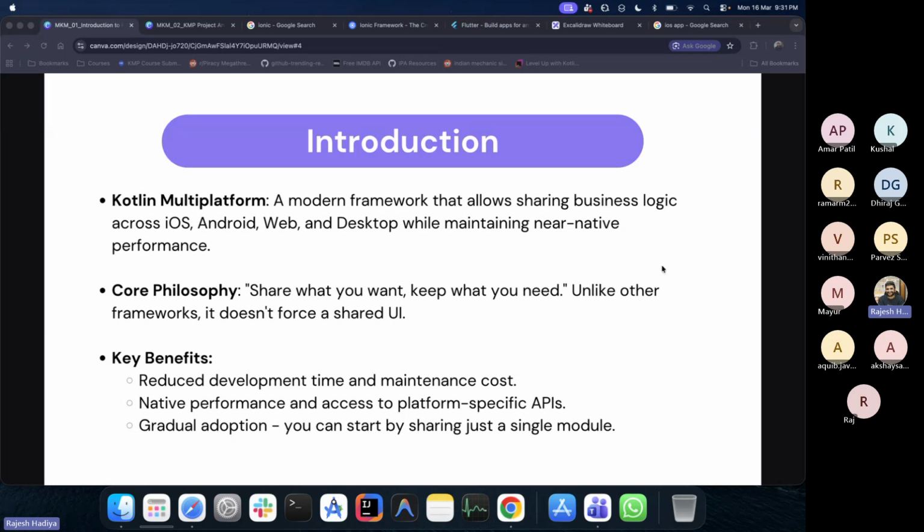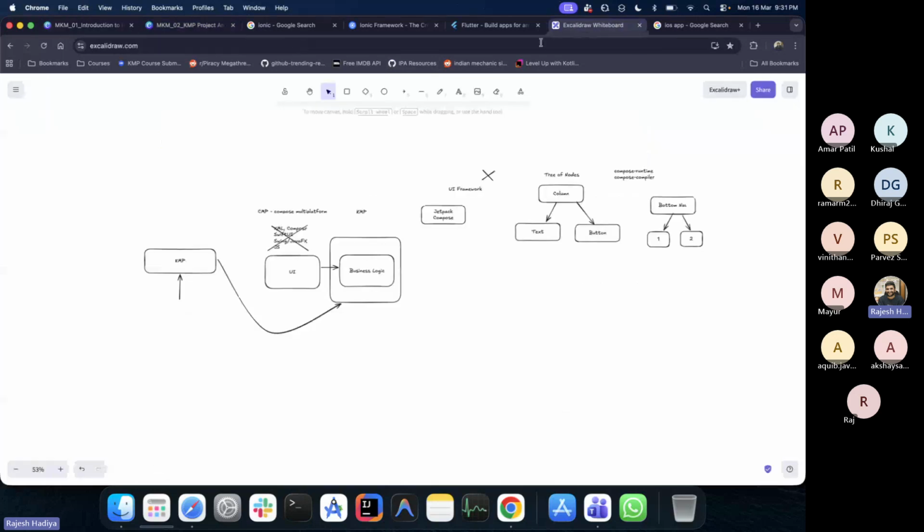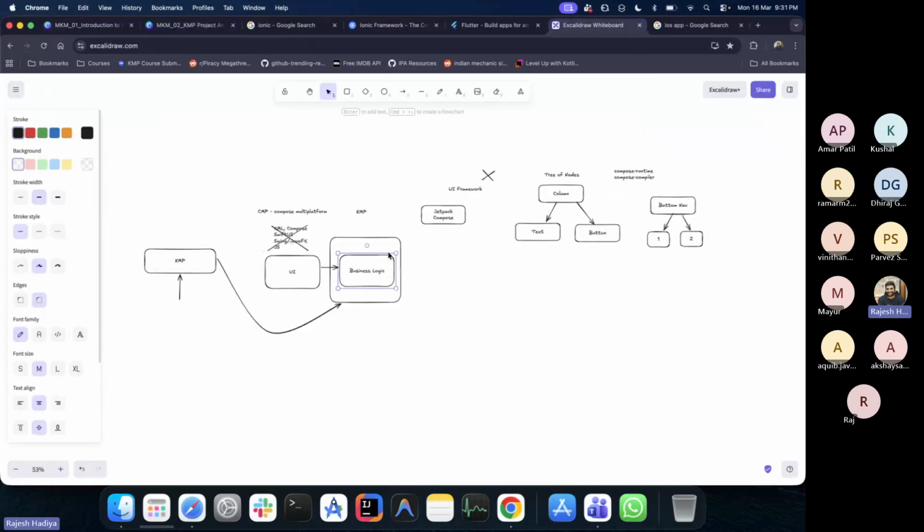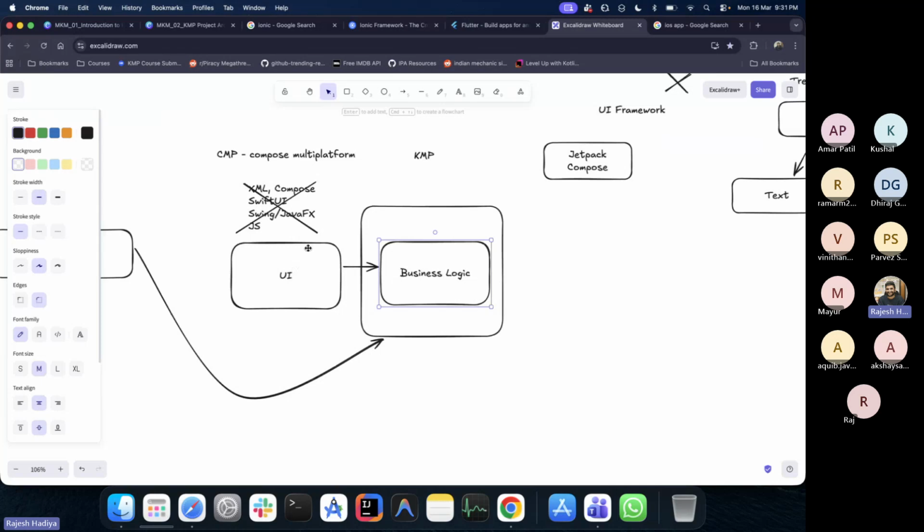So that is why it is written: the core philosophy is share what you want, keep what you need. You can share whatever you want. If you only want to share the business logic and keep the UI